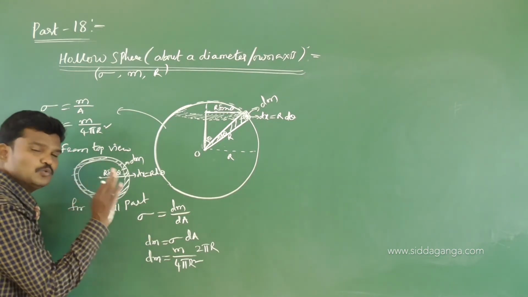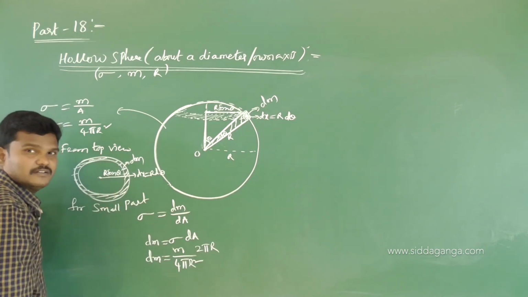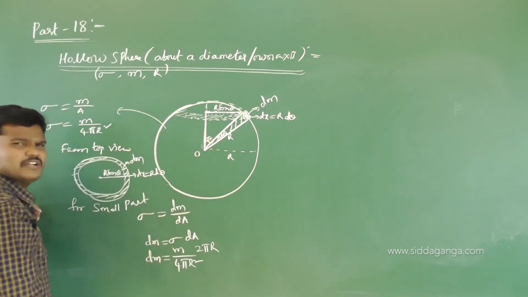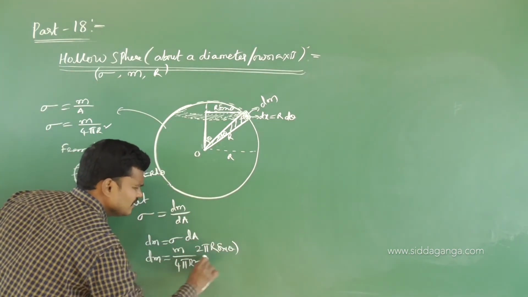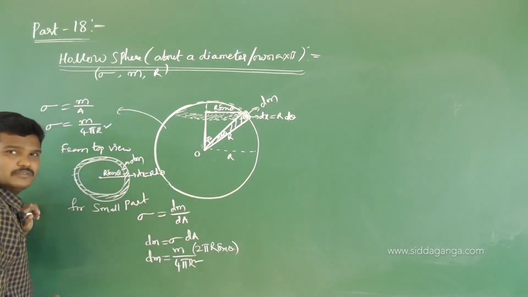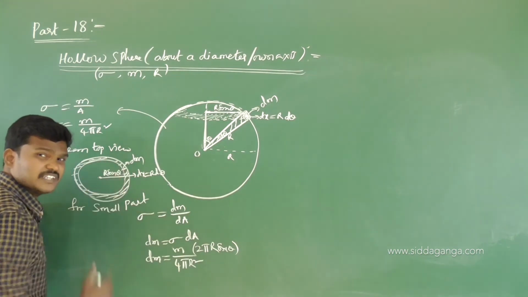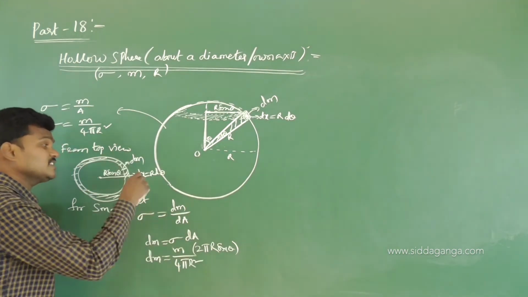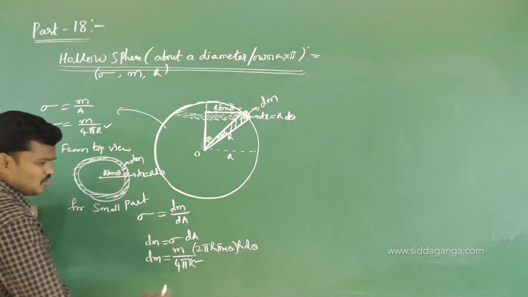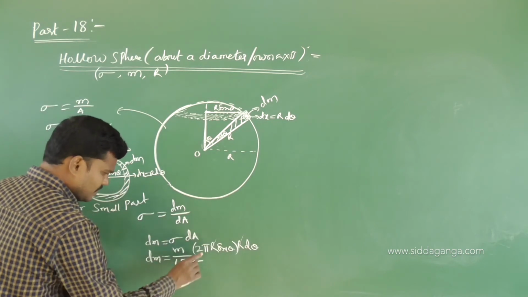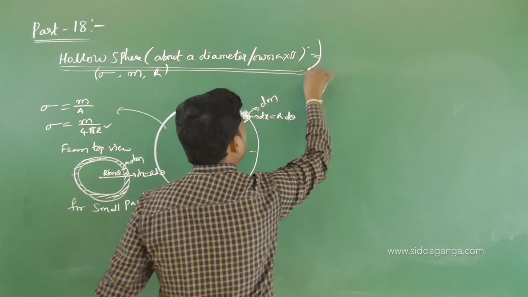Area of this ring is 2 pi r into dx, where the radius becomes r sin theta. If you take theta here, r cos theta will come. So right now it is 2 pi r sin theta into dx. 2 pi r sin theta is the circumference, into the thickness. What is the thickness? dx, and dx is r d theta. See the complicated thing. The r square cancels, and 2 pi, 2, so a 2 will be there here. So let me write dm.